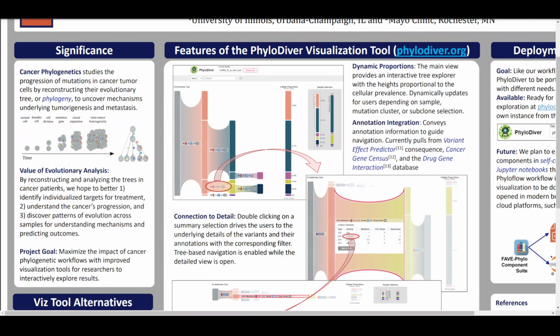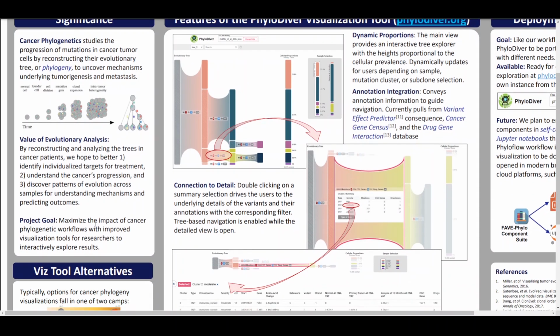In the purpose of reconstructing that tree, we hope to better identify individualized targets for treatments of an individual, to better understand the cancer's progression, and then to discover patterns of evolution across many samples. And so the goal of this particular project is to help broaden the impact of cancer phylogenetic workflows with improved